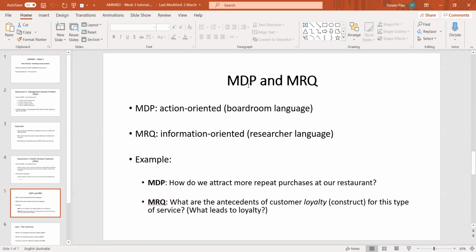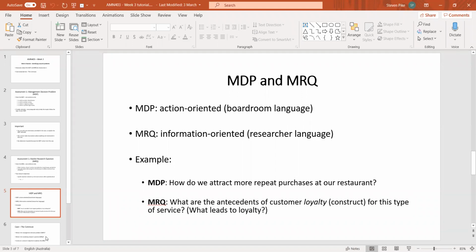The MRQ could be, well, what are the antecedents of customer loyalty for this type of service? So what leads to loyalty? In this case, loyalty is the construct, and we would look to the literature to see how it's defined, and then to see how we measure loyalty. So the academic literature plays a big role in guiding our data collection once we've worked out what our construct